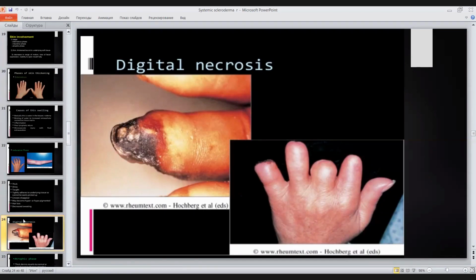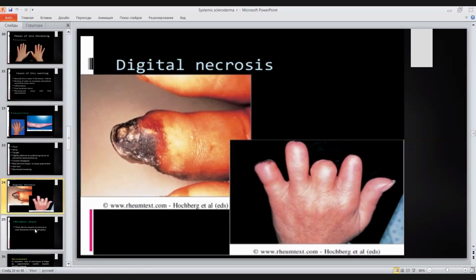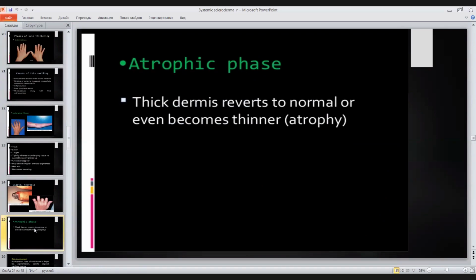It's the final atrophic stage. The atrophic phase might also affect the nose and ears, because they are also distal parts of the body. And we know the distal parts are affected first of all because there is ischemia, there is low oxygen. That's why there will be atrophy of the distal parts first of all.